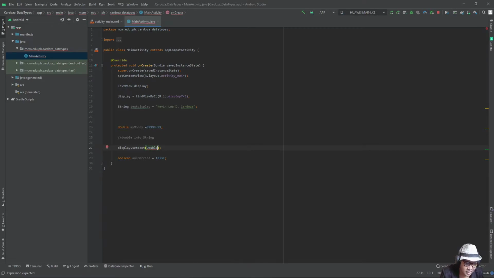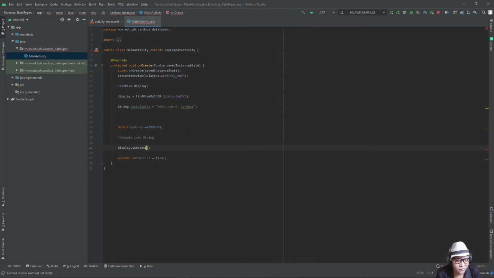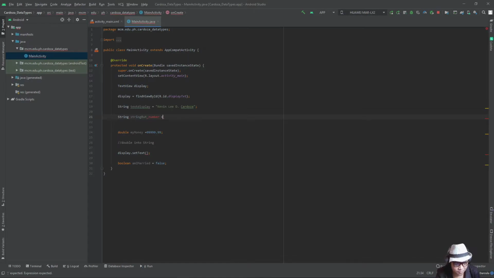So Double dot, convert it to parse double. If we type Double dot parseDouble, it converts string to double. For example, we have a string here, but the value is number. Let's say string but number. Let's say the number is